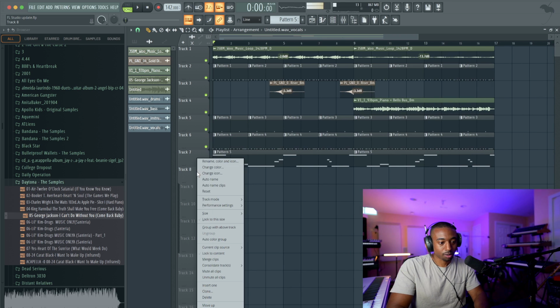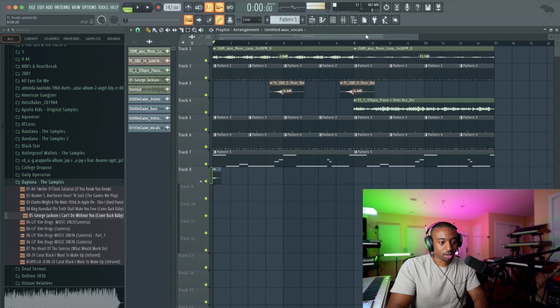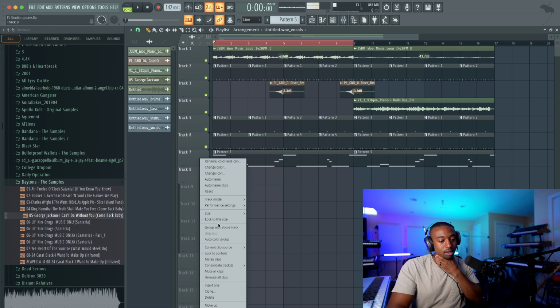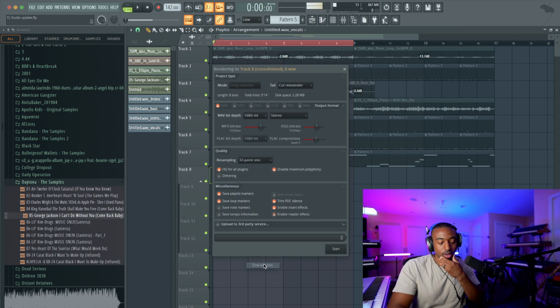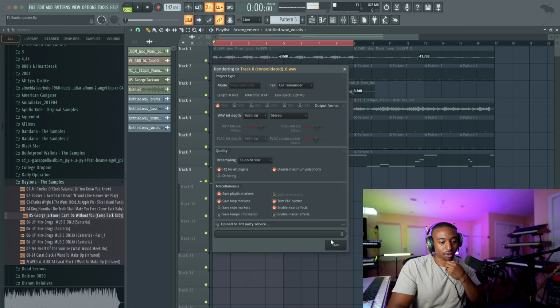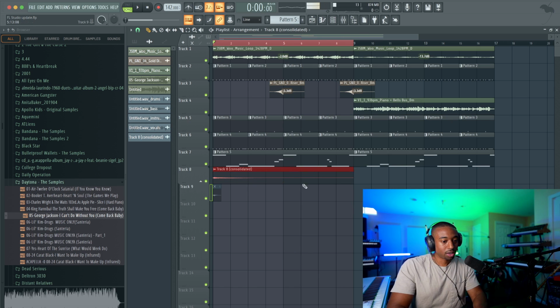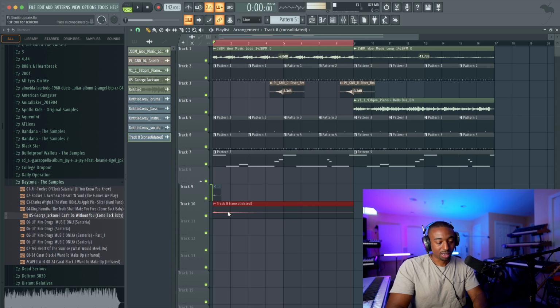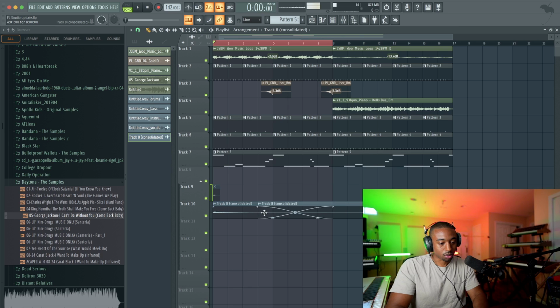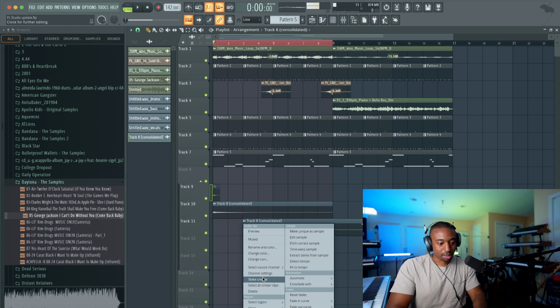The cool part here, I'm going to render this. I'm going to render for like 8 bars, even though this is a small clip, because I want the reverb tail. So let's right click, consolidate from track start, and make sure the effects are on. So I rendered this long reverb tail. What I could do now is reverse it and do cool stuff. So let's make this unique.